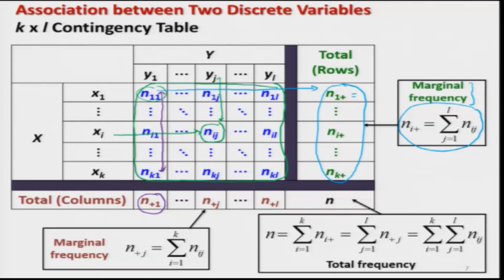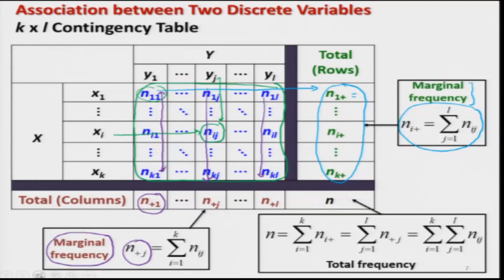And similarly, we try to do the same operation for each and every column here, here and so on. So, these frequencies are denoted by N plus j, and if you try to see, they are the summation from 1 to k of Nij, meaning the sum of all the frequencies in the column. So, this is also called the marginal frequencies, and they are essentially denoting the marginal frequencies of y. That means the marginal frequency of the class y1, y2, yl and so on.